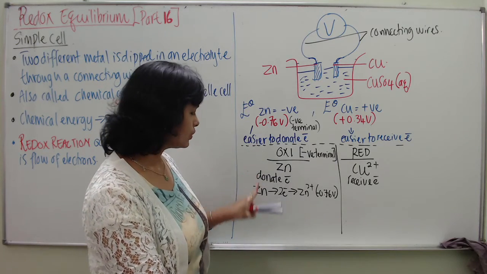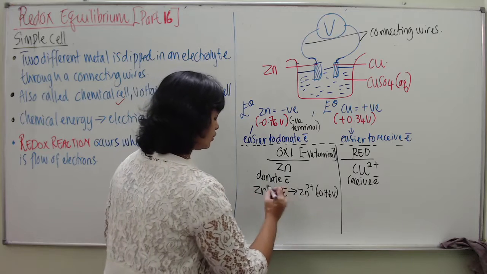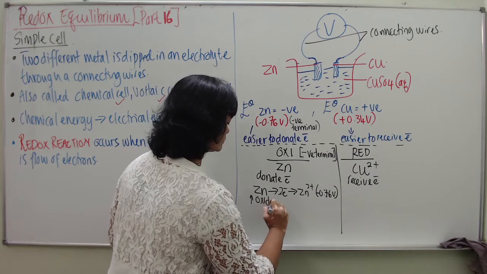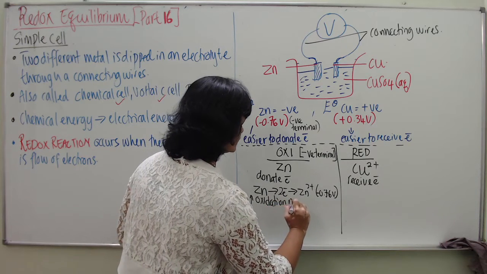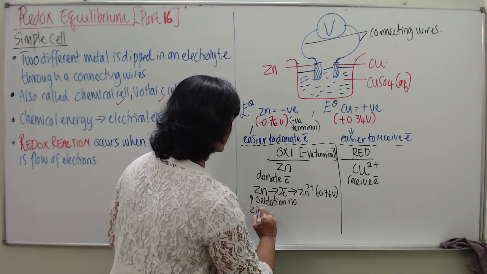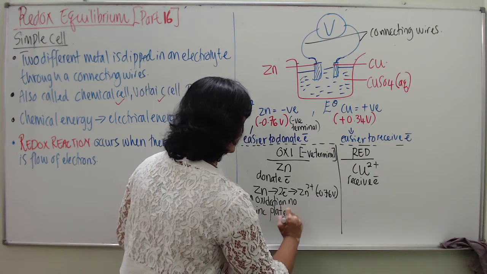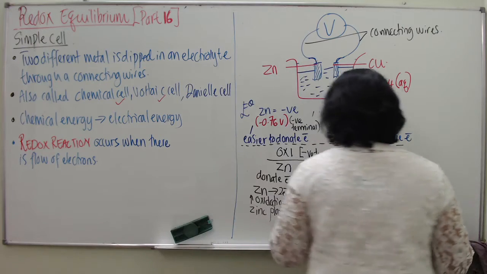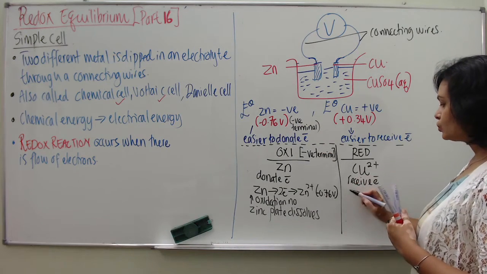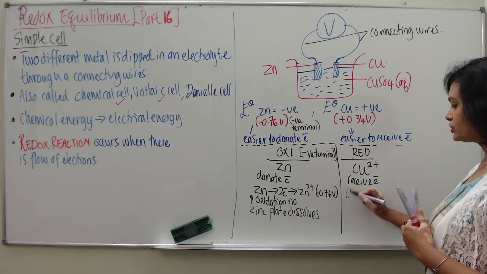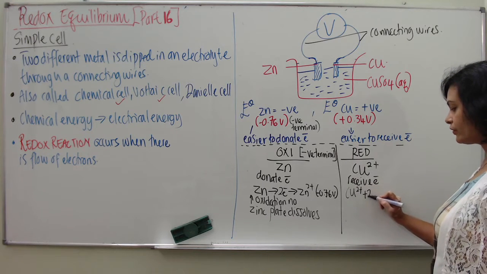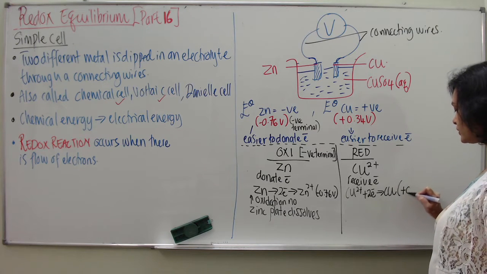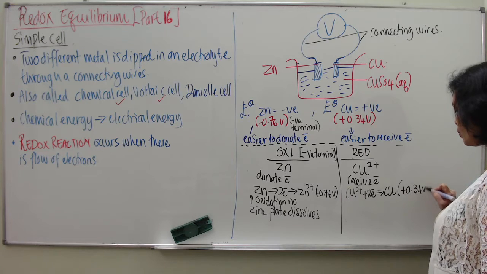electron. Now, let's continue. So, of course, as usual, oxidation number increases. And we can see zinc plate dissolves. Okay, and here we can say that copper 2 ion receives electron, which is copper 2 ion receives 2 electron to become copper metal, and that is the reason why it has 0.34 volt value.